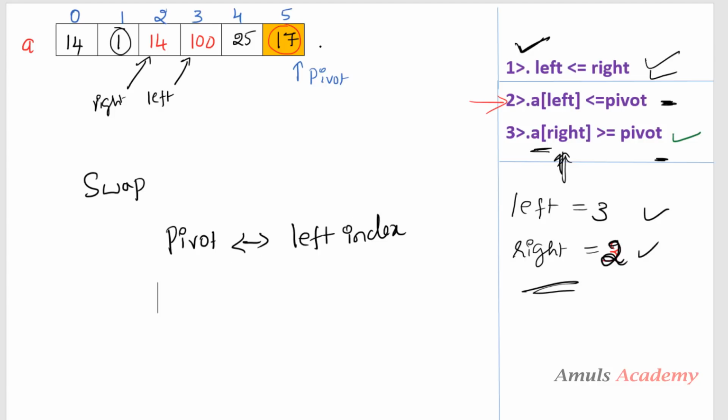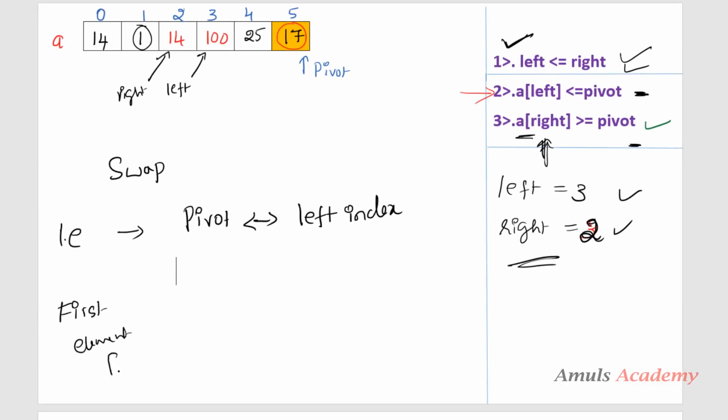Because when we take the last element as the pivot element, then we need to swap pivot and left index. If you take the first element as the pivot, then in that case you need to swap pivot and the value present in the right index. Okay, you need to remember this.